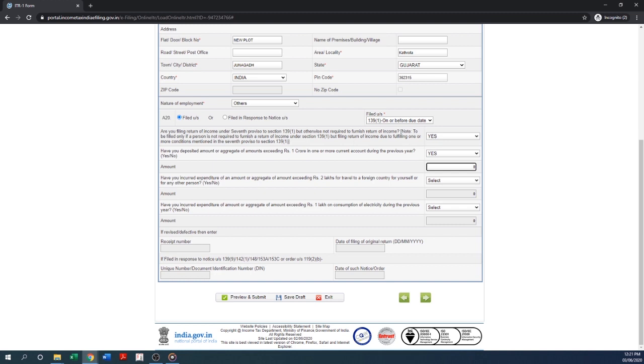Then second one is spending an aggregate amount of rupees 2 lakhs or more on foreign travel during the year. So friends, if you have spent 2 lakhs or more in aggregate during the year on foreign travel, then you have to select the yes button